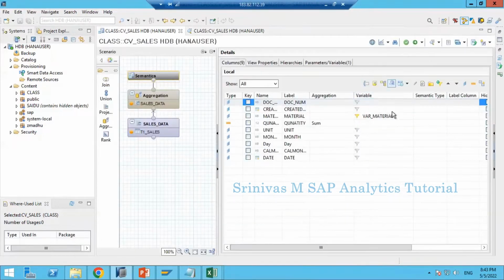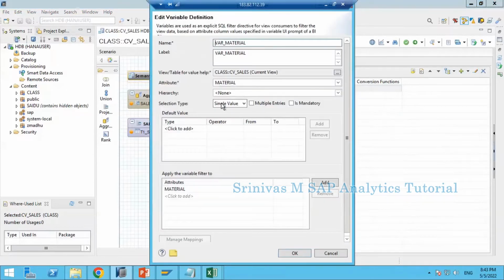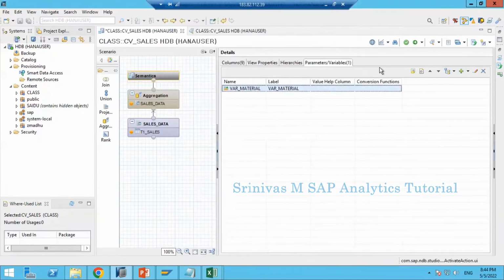Now let's go to this variable and update its settings a little bit. I'm going to this one and I want to edit this variable's properties. I'm clicking on this edit button after selecting the variable. Now what I want to show you is how you can give multiple entries. Enabling the checkbox is easy, but at execution time, if you want to provide multiple values, how is it possible? I want to show you. Okay, now this particular variable is converted into multiple single values. Now click on OK, activate,